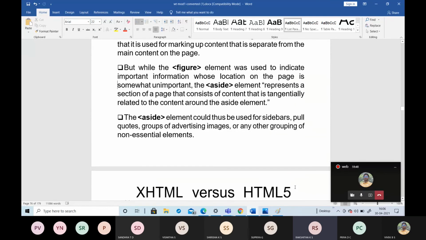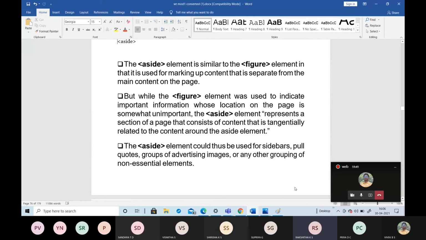The last element in this structure is aside. So what is this aside element? It is similar to the figure element.